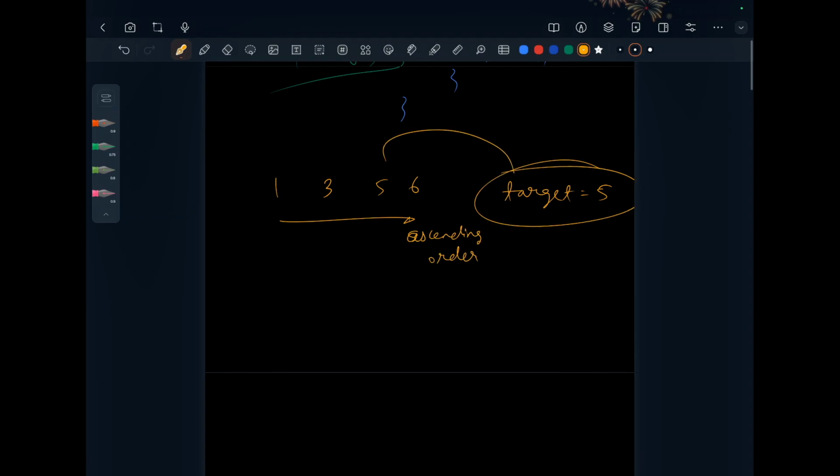So we have 5 here already available, so we just have to return the index here, right? Let's say if you have target equals to 2. Now you know that it is in ascending order, if you insert your 2, it will be placed somewhere here and the indexes for this value will be shifted,